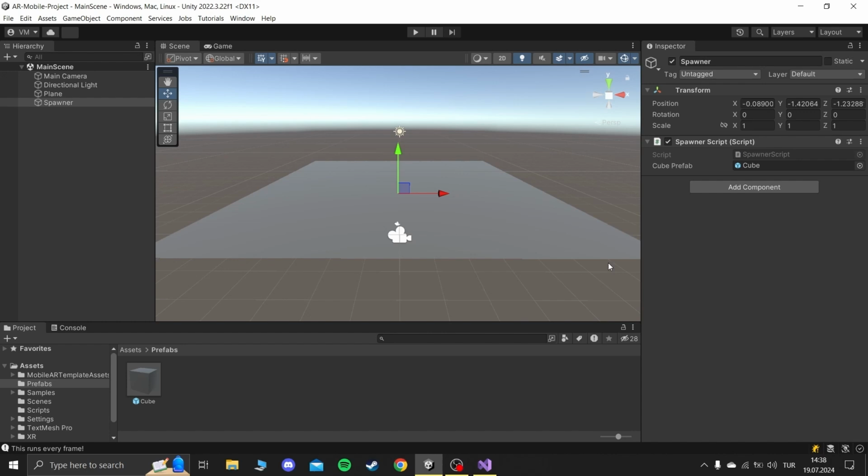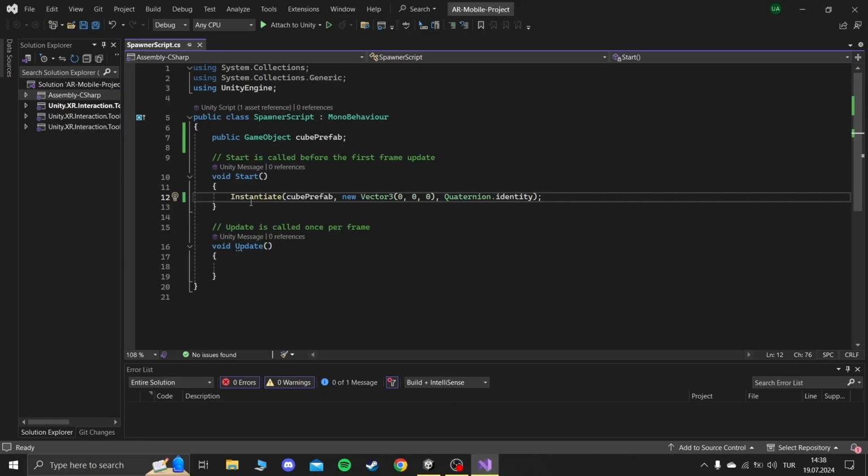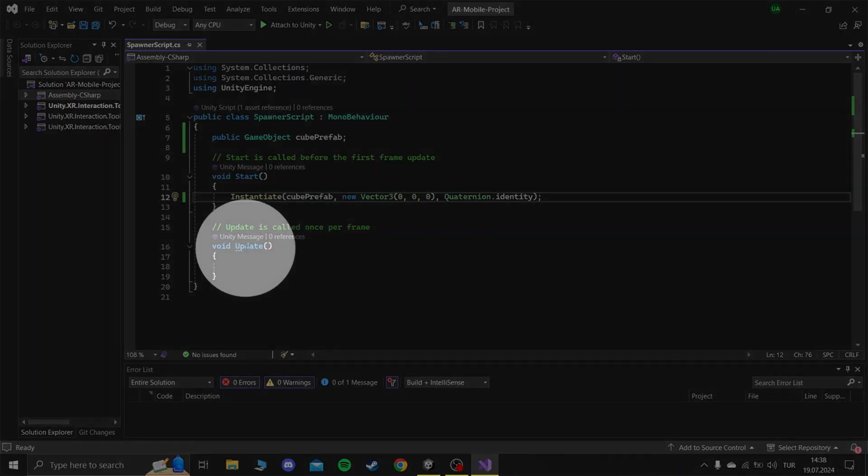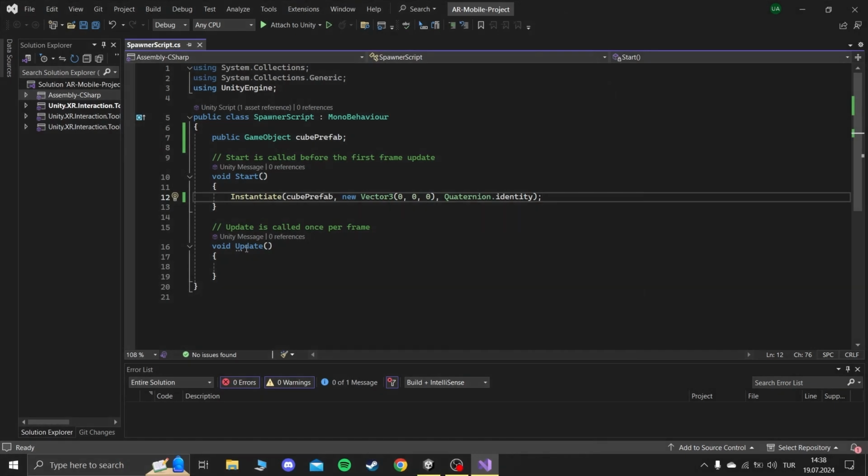For example, if you decide to put this instantiate function in the update function, what do you think will happen? First of all, please do not try that. As you remember, the update function is called once per frame, which means it runs continuously throughout the game. If we put the instantiate function inside update,